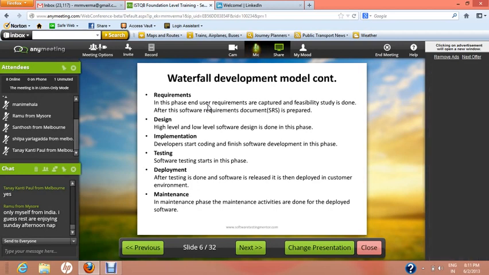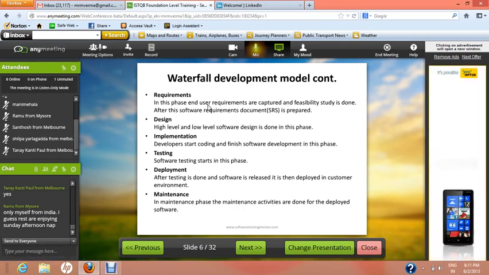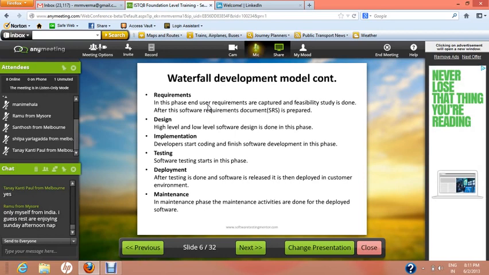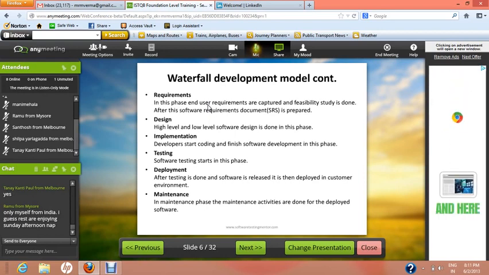So here, UI developers or backend developers, server side developers, they go through the design and understand how to actually implement the design into working software, into working code. So in the implementation phase, the actual coding starts. Once the implementation is done, and implementation also takes a long time in the waterfall development model,